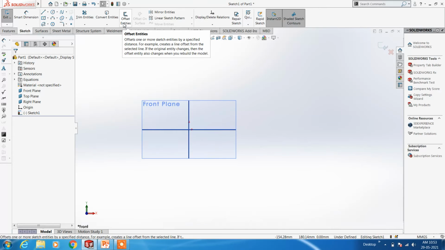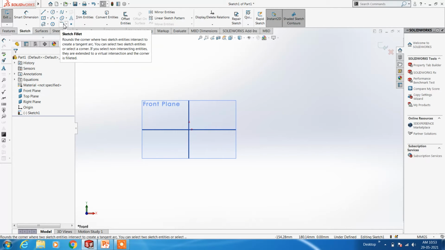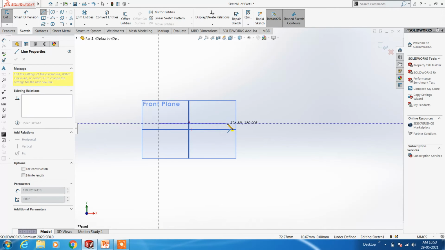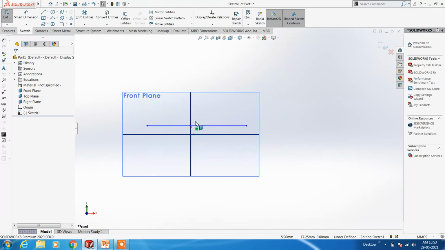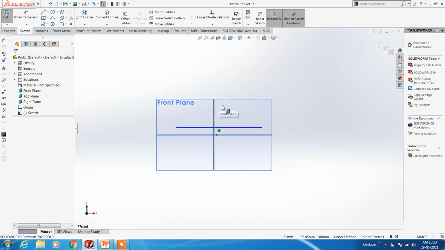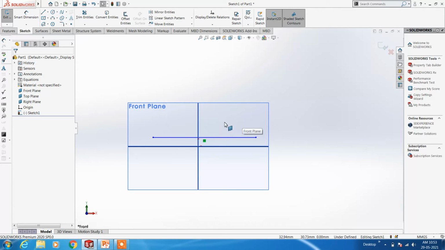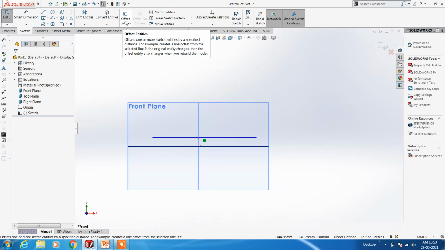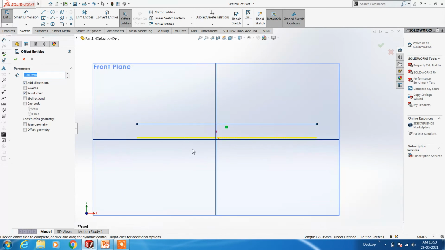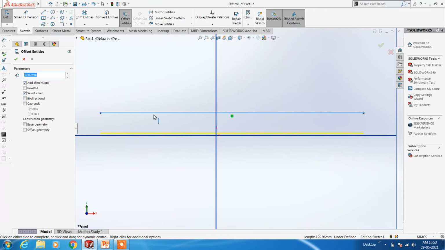Okay, next we move for offset entities. Offset entities means suppose I want this line parallel to this with a particular distance, just click this line, you will be getting a line parallel to this line.